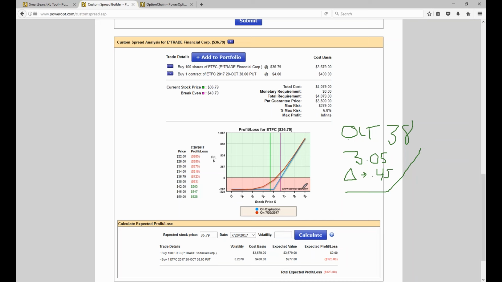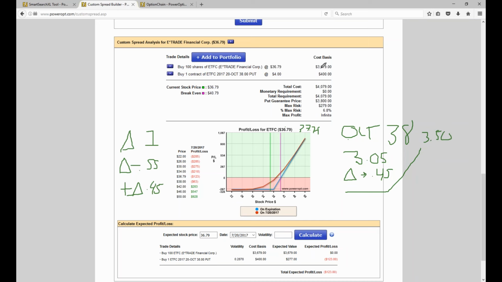So what does that mean? Well, if the stock moves up $1 from $36.79 to $37.79, my call is going to increase in price, isn't it? Yeah, it's going to gain 40 cents. Now it's going to be worth $3.50. Same thing happens here on my married put. My stock has a delta of 1. My put has a delta of maybe negative 0.55. So overall, I have a positive delta of 0.45.